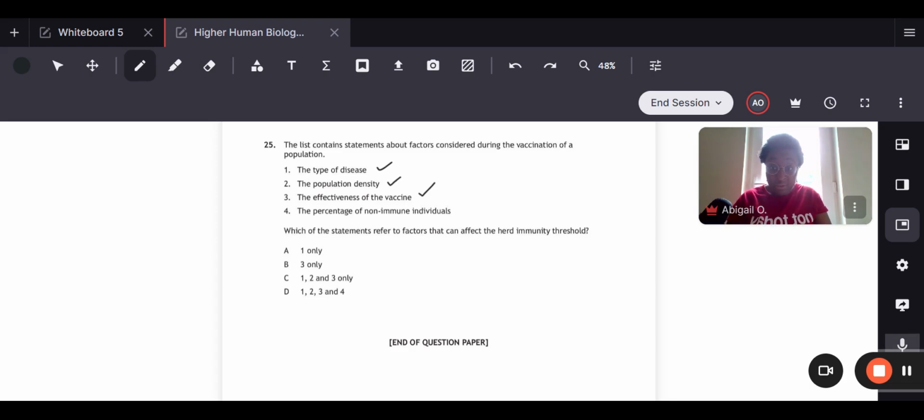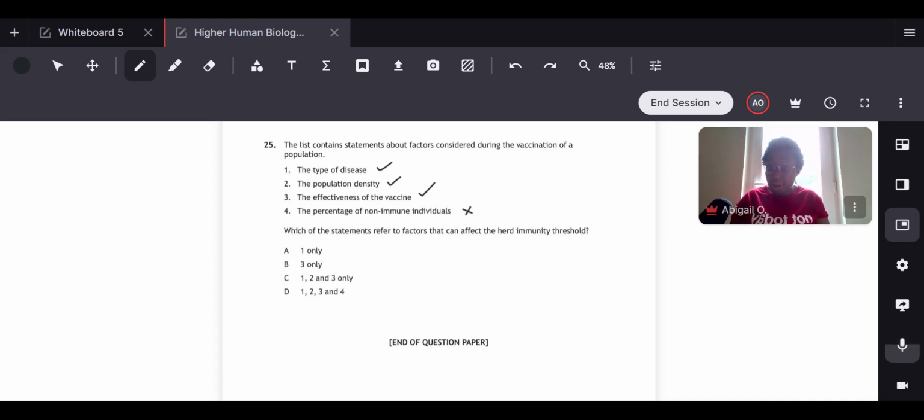So, statement number four, the percentage of non-immune individuals. So, this statement is going to be incorrect. So, let's think about why this is incorrect. Let's think about the definition of herd immunity. Herd immunity is the resistance to the spread of an infectious disease within a certain population that is based on pre-existing immunity of the people in that